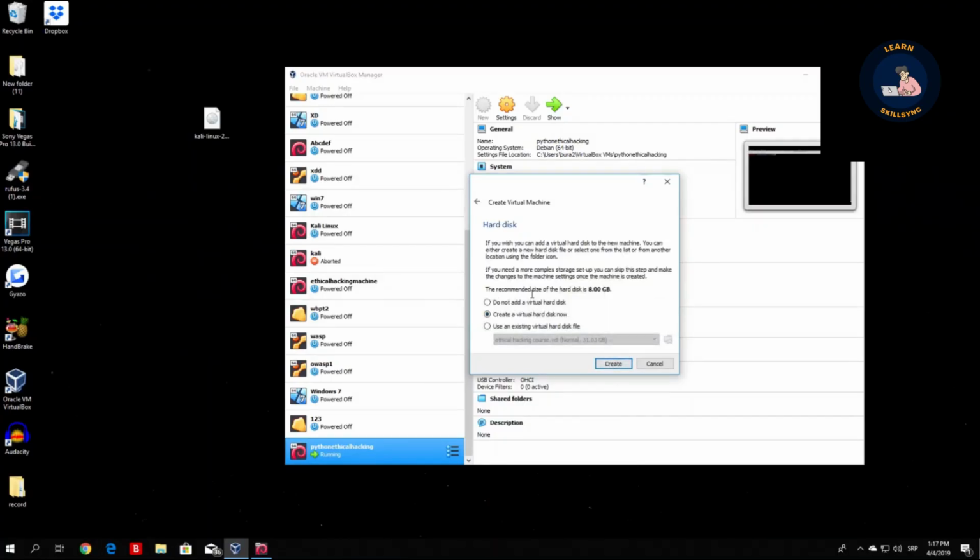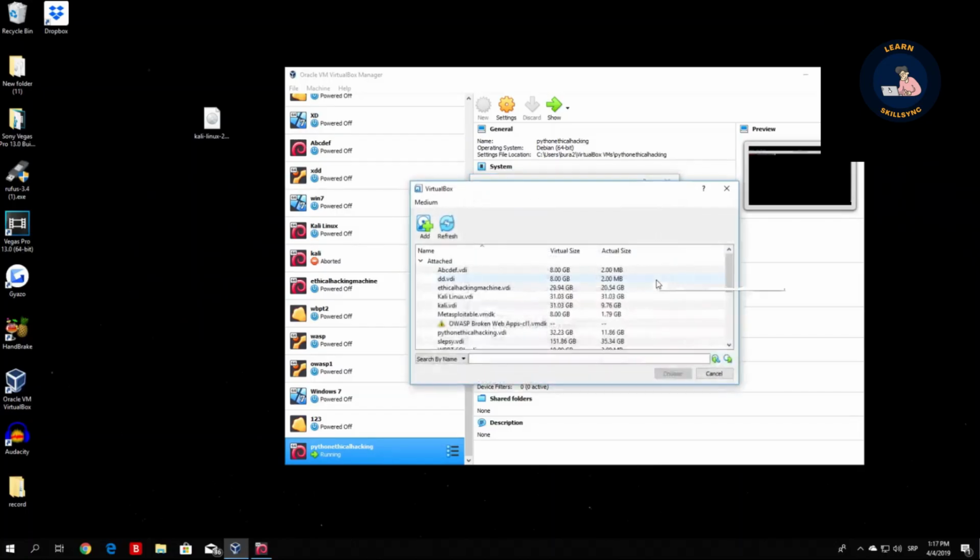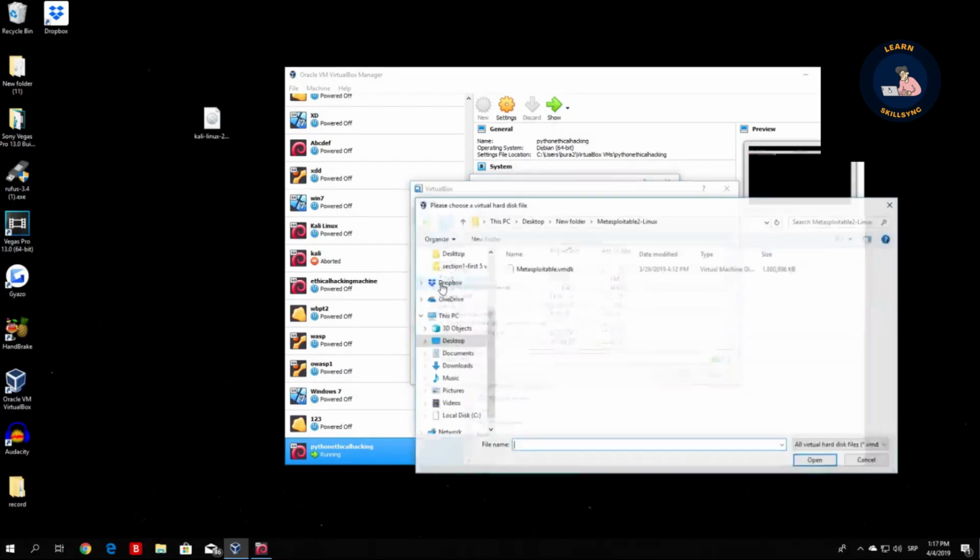And right here, instead of using the virtual hard disk now or creating a virtual hard disk, we want to use an existing hard disk, which is the hard disk that we downloaded from Metasploitable. So just go use an existing virtual hard disk, then select right here to select your hard disk, and then try to find it wherever you saved it. As we can see, I saved it on my desktop in new folder. It is this file right here, which is the size of 1.8 gigabytes. You select it right there, click open,